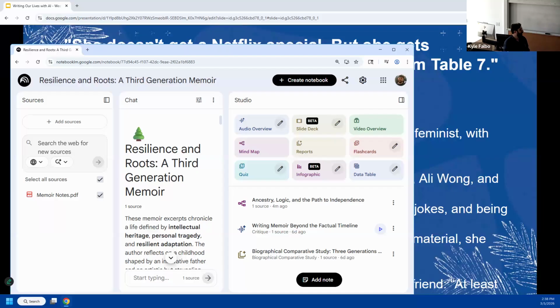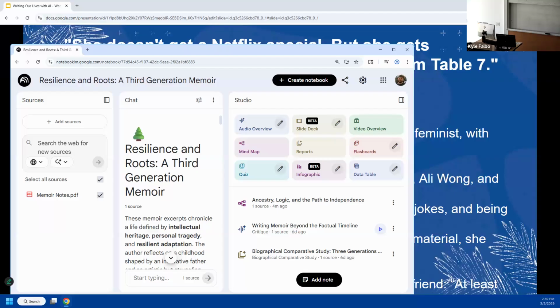I'm considering, I think the deadline to put in the proposal is tomorrow, running this class again, but I really do think I would shift about half the content into this tool, because of all of the features. In terms of memoir writing, as opposed to other creative pursuits, maybe the audio overview isn't as insightful, unless you're really trying to get some audio feedback or you want to hear narration. But I'll show you before we end today other audio narration elements to some of this.